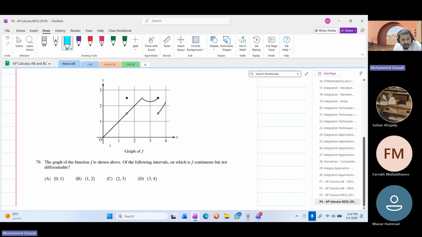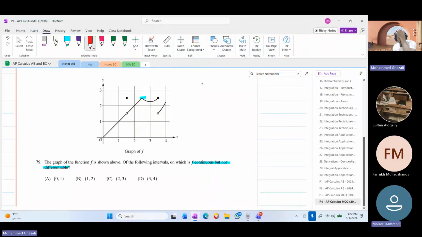The graph of the function f is above. Which one of the following intervals is one on which f is continuous but not differentiable? When is it continuous but not differentiable? You see, there's a corner in here, so between 2 and 3 it's not differentiable. There's a corner. Yeah, good. Why is the corner not differentiable? Because you'll have a horizontal